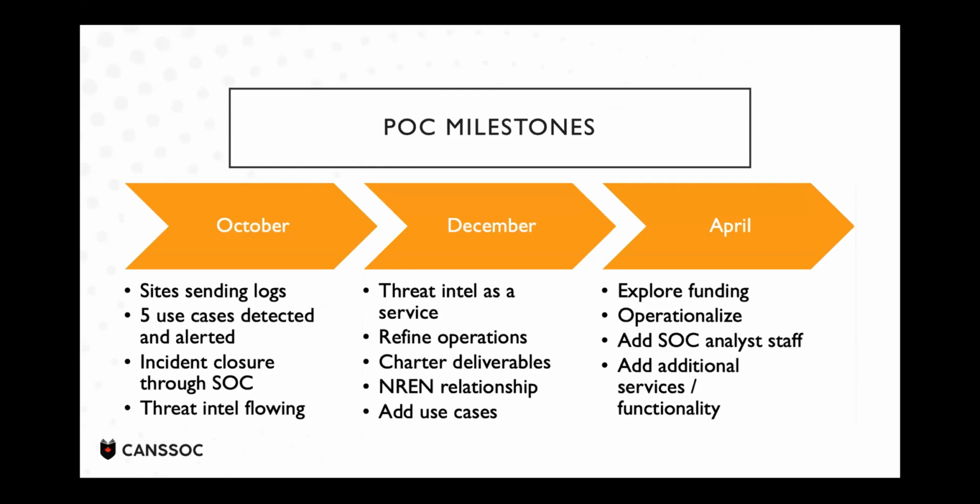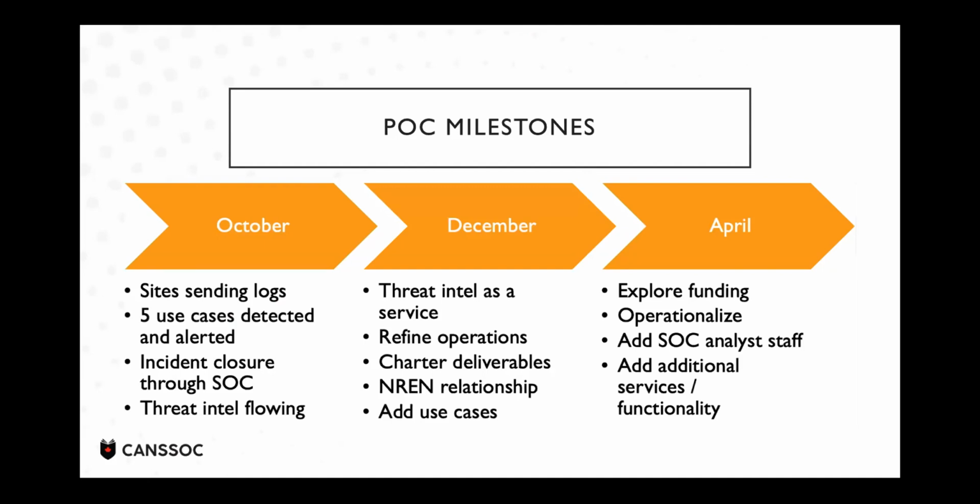So I want to walk you through at a high level the 3 major milestones we have for the proof of concept. Again, big aspirations here, but we want to start in a way that gives us a clear and easy win to show that this can work from the collaboration point of view and that it delivers the value that we're talking about. And then we can start adding on things to this. So October is that first milestone I talked about.